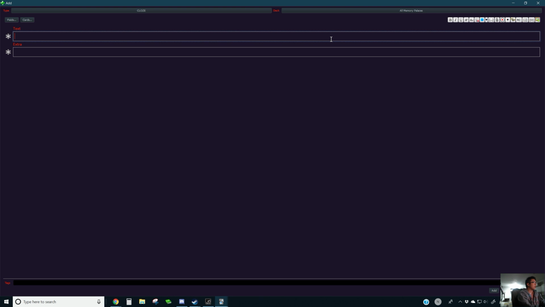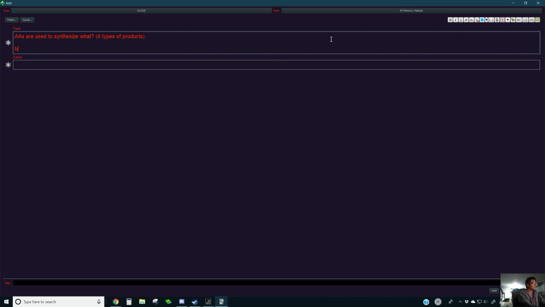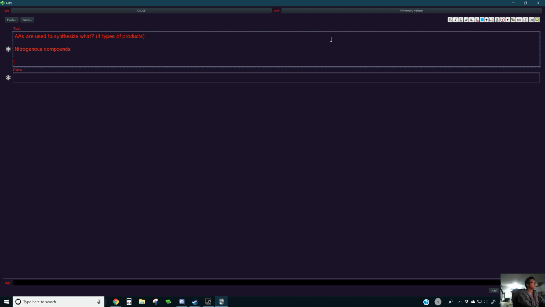So for example, I made a memory palace of my old house, specifically my old room. In this question, I'm going to ask, what are amino acids used for? Amino acids are used to synthesize what? And I'm going to say how many factors? 1, 2, 3, 4. 4 products. 4 types of products. So that's my prompt. And the answers are going to be nitrogenous compounds, proteins,